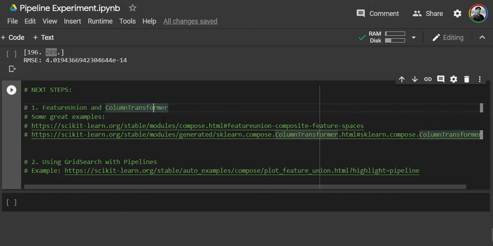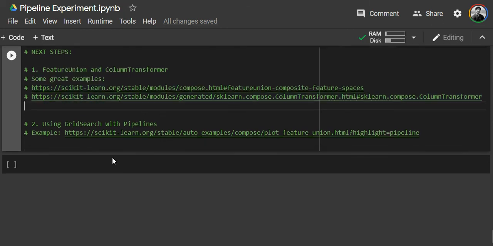The article links which I mentioned at the top, where I mentioned that those are a few of the best articles about pipelines I could find. The first one actually makes use of feature union to explain the concept of pipelines. But on the official website, I could understand that column transformers are a shorter and perhaps a better way to do it. Both feature union and column transformer have their own usages and their own pros and cons, and you can read about those on the official scikit-learn website.